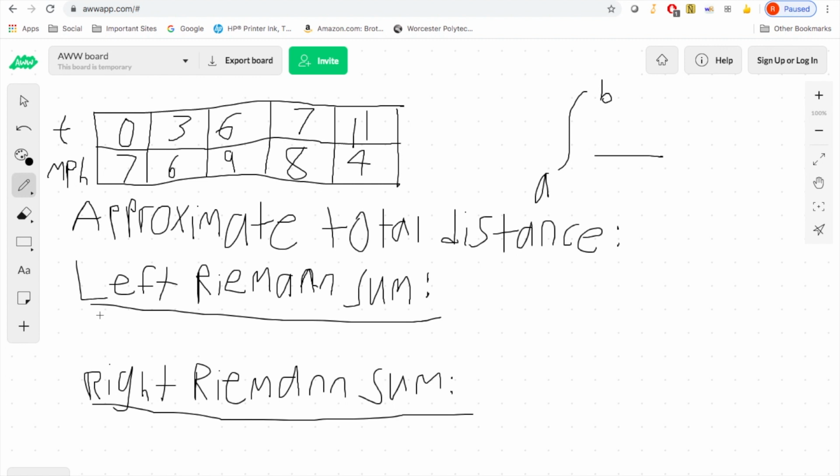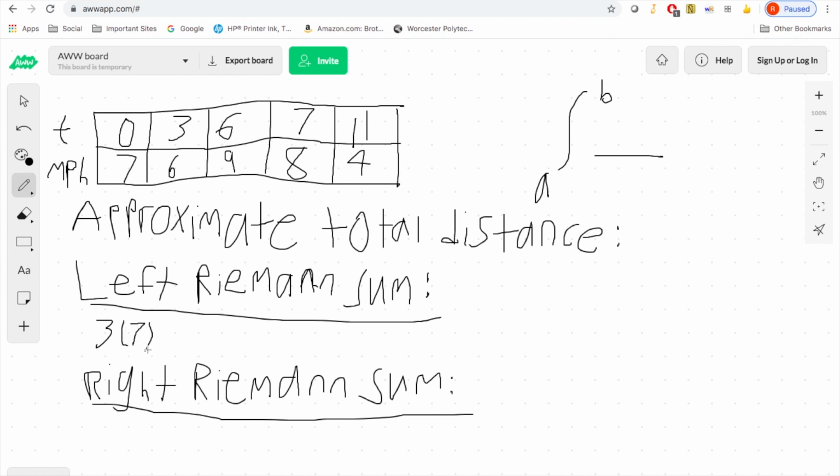So for a left Riemann sum, first, you're going to multiply 2 numbers. The first number is the length of the interval. Let's start with the first interval, from 0 to 3. The length of that is 3. Simple enough, right? And then, which number do we choose here? We need to choose the one that is on the left. That's the whole point of the left Riemann sum. Which of these numbers is on the left? 7. Don't use 6. You want to use 7. You'd use 6 for a right Riemann sum. So we're going to start out with 3